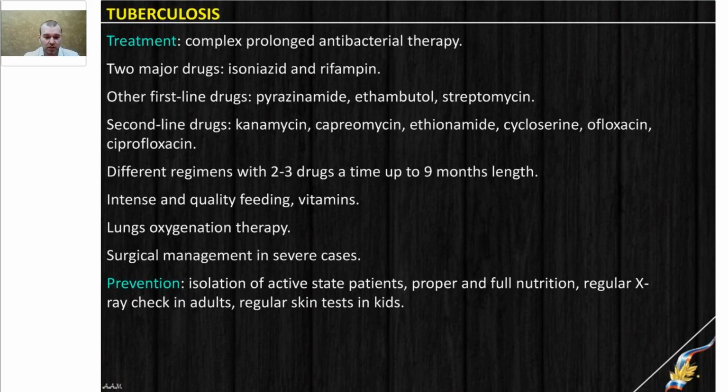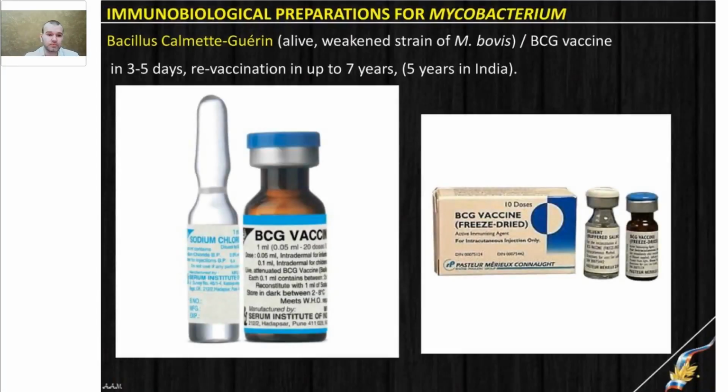And of course, in kids, regular performing of a skin test, the tuberculin test, or Pirquet test, to identify immunity and to prevent infection of kids. Of course, the main measure is specific prophylaxis, and the BCG vaccine is one of the most known. We have actually two, DTP vaccine and BCG vaccine, which is always very well answered by students and known even